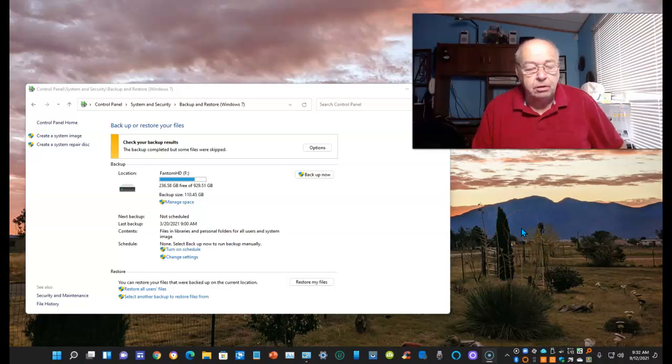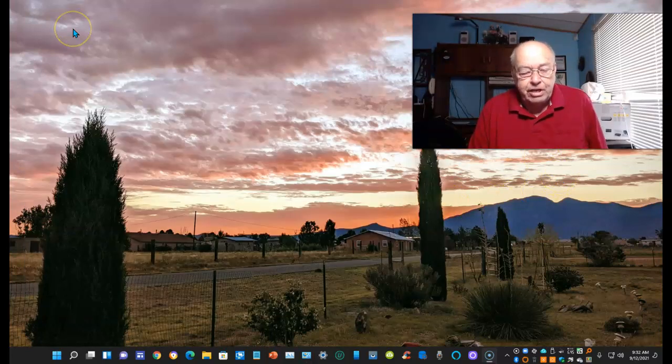In this tutorial, we're going to cover creating a system image, which is an exact copy of your hard drive, while you're on Windows 11. Let's get started. The easiest way to get to the control panel, which is what you need to access, is